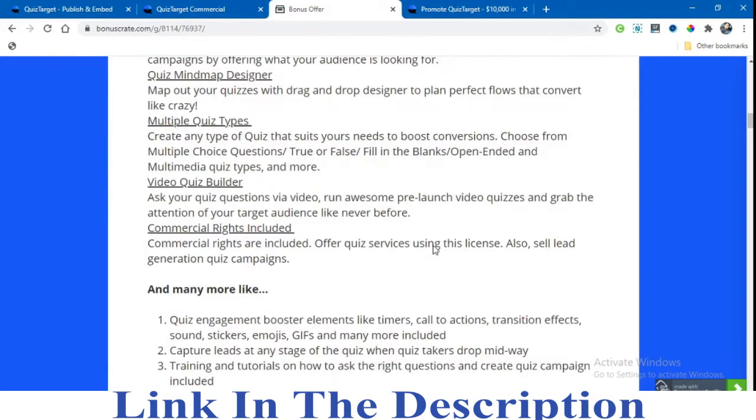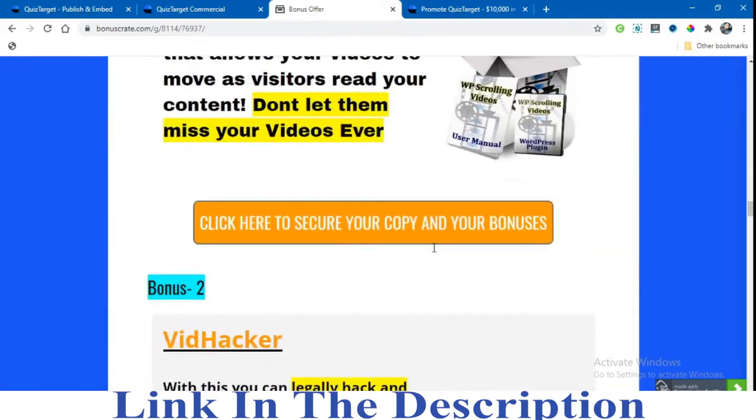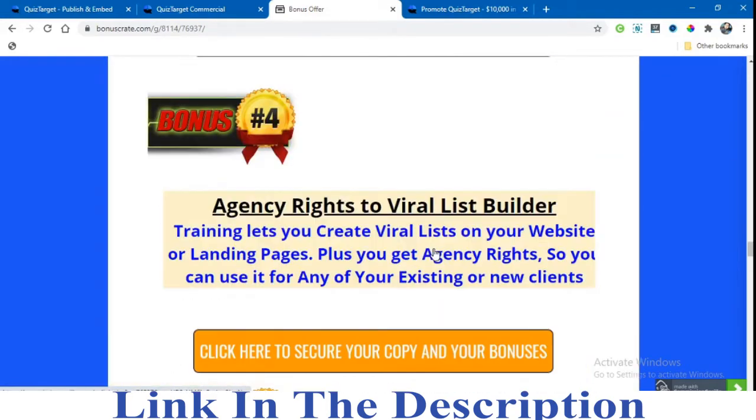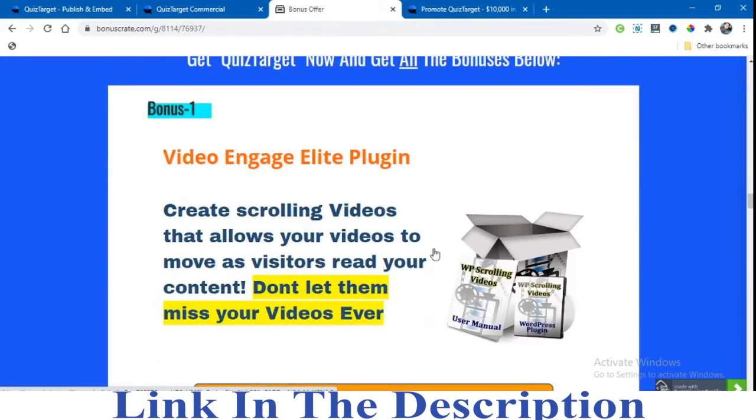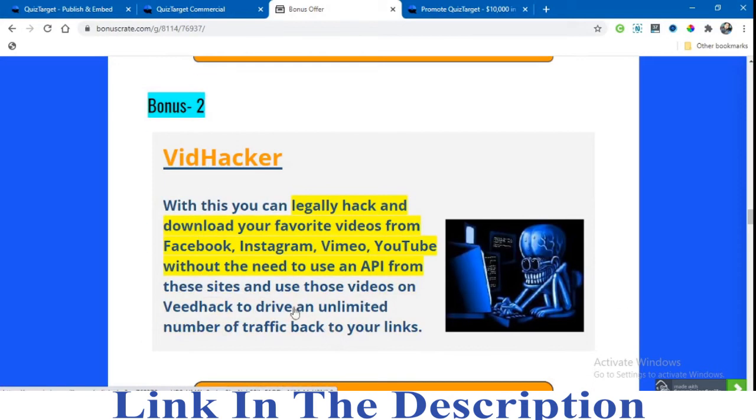Okay, so here is the bonus page, and these are the bonuses you get with Quiz Target. The first bonus is the Video Engage Elite plugin. Create scrolling videos that allow your video to move as visitors read your content. Don't let them miss your videos. Next is Feed Hacker.